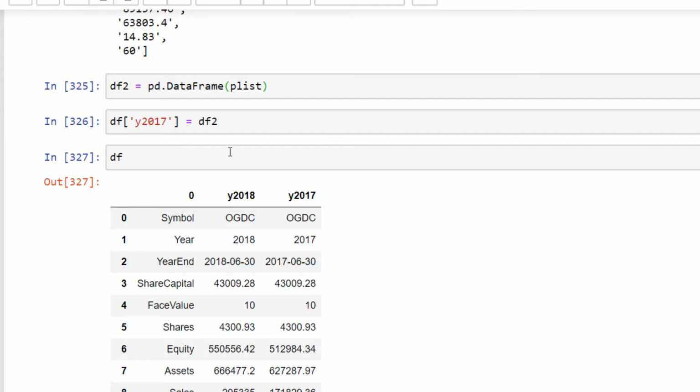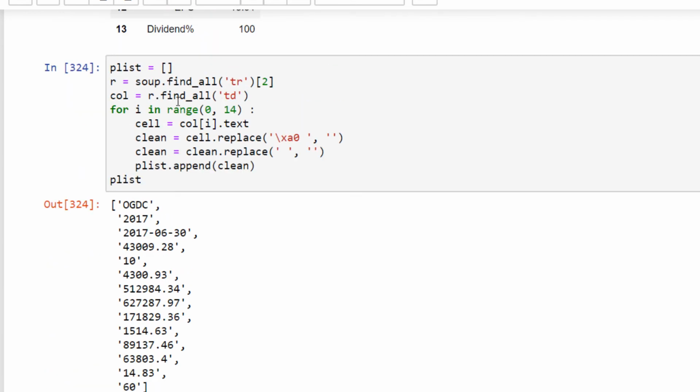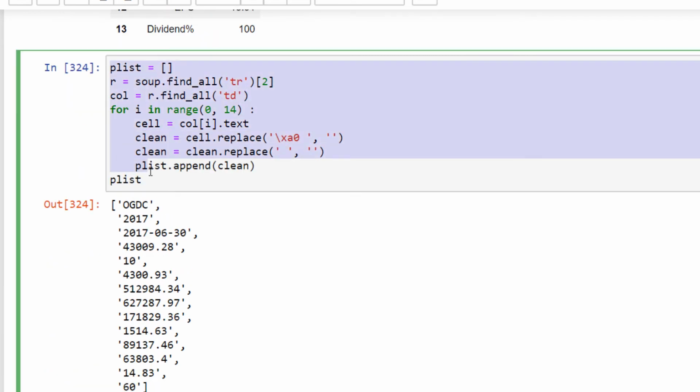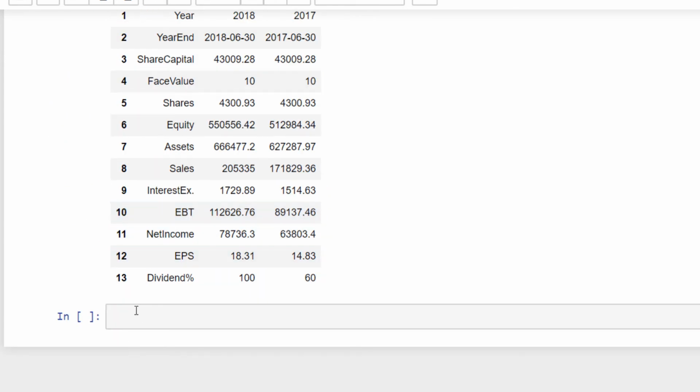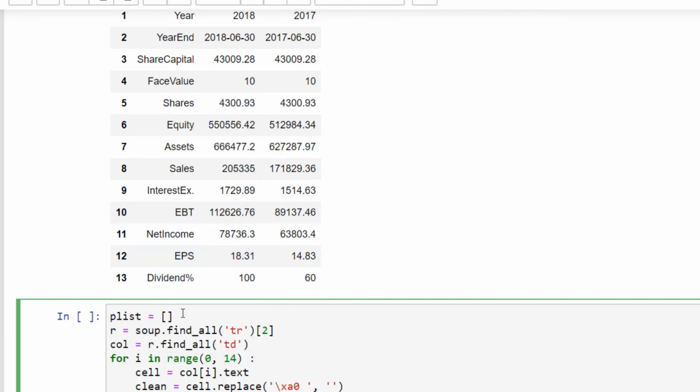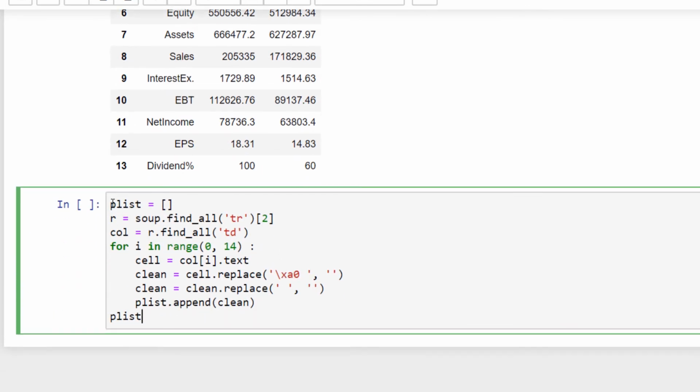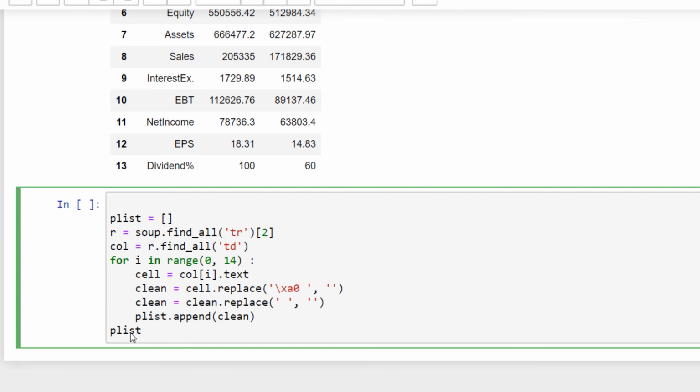So this code can be repeated in a loop. So let's create a for loop and call this for loop row number in this range.